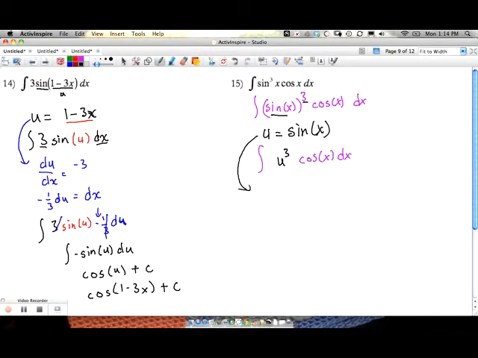Well, let's see what happens when I take the derivative of this. du dx is going to be cosine of x. If I just multiply both sides by dx, that actually gives me exactly what I need. That means that du equals cosine of x dx. So I'm going to take out this cosine of x dx and replace it with a du. We're going to have the integral of u cubed from the first substitution. Then cosine of x dx is just du. Super easy. So this will be u to the 4th over 4 plus c,